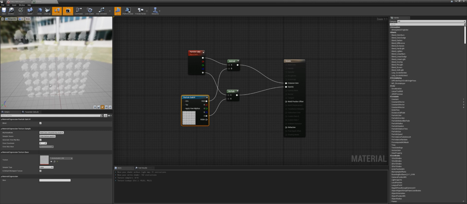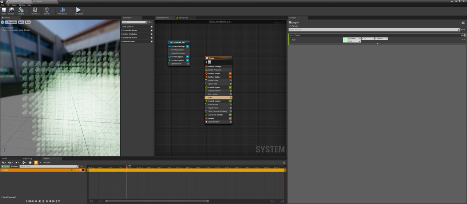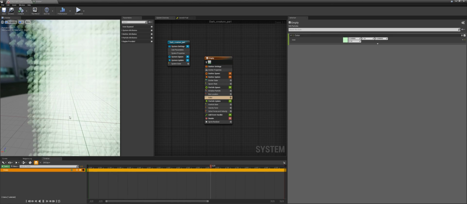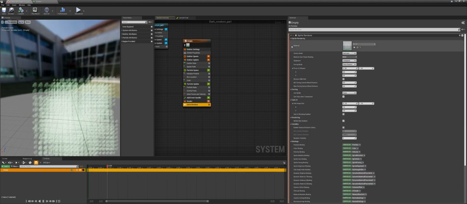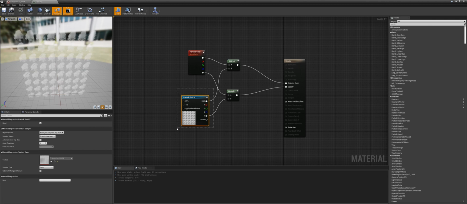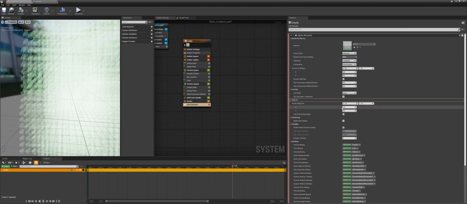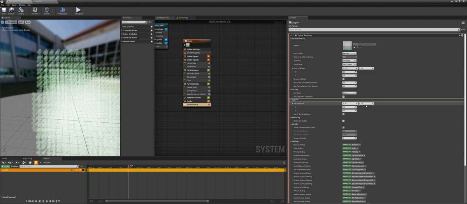Eventually I'm going to make a video where we create our own one. But the idea is that the particles flip each frame, and that will create the illusion of smoke. So for that to set up, we just have to go to the sprite renderer here, and somewhere we have sub UV. Why sub UV? Because this is the node we also used here. So if we change this, sub UV, sub image size,